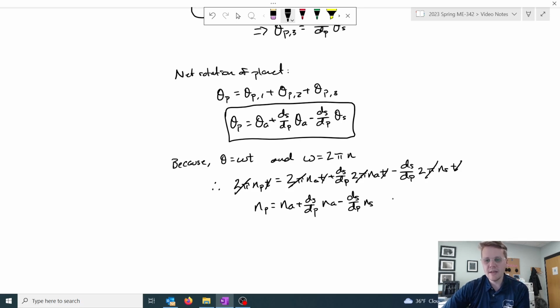And if I take this and multiply everything by the diameter of the planet, then I get an equation of the form that looks like this. And finally, I'm just going to collect my like terms here and get NP dP